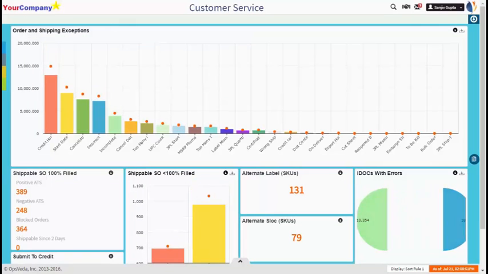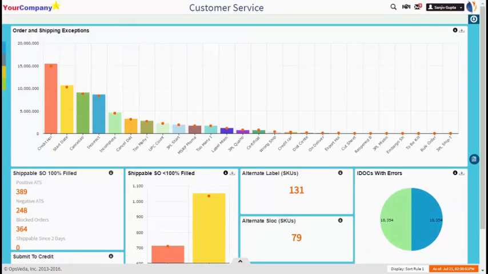I then go on to take care of transactions which are 100% filled or 100% confirmed. There are no inventory challenges. The customer can be served, and I can go to take a look at those transactions. I might be interested in looking at transactions which have negative ATS. Negative available to ship might mean the sum total of all demand exceeds sum total of all supply, and certain high priority customers have been denied stock. So I can drill down into the corresponding transactions, and then I can initiate certain activity, certain collaborative activity with my